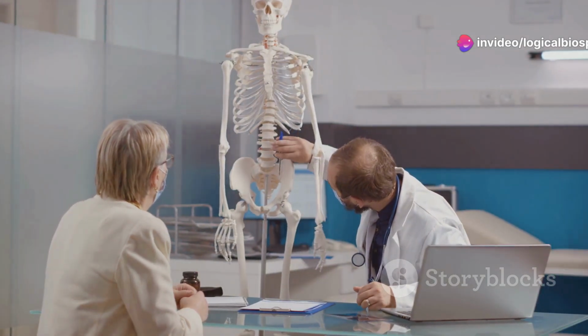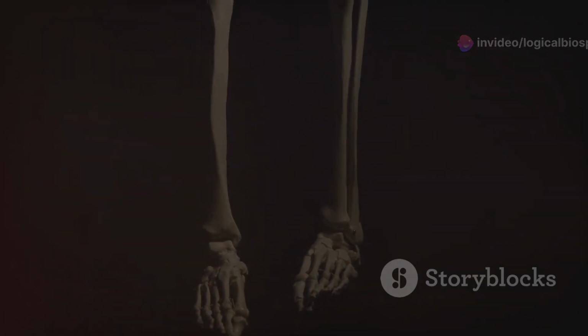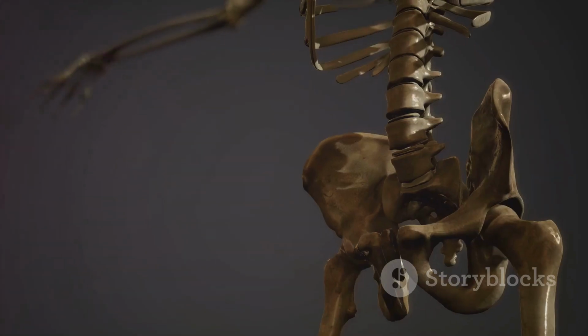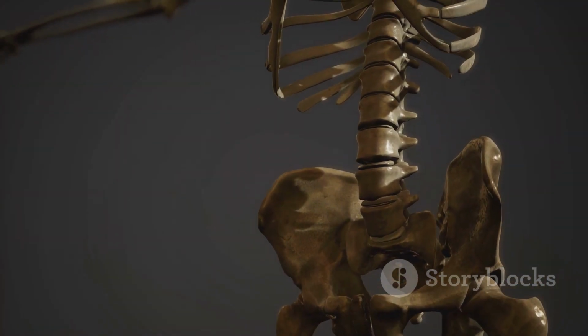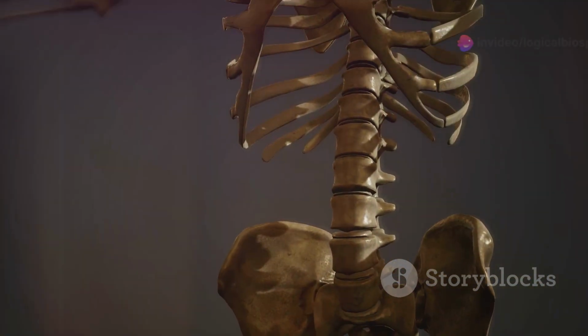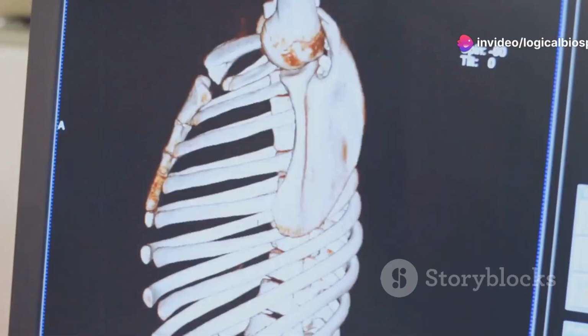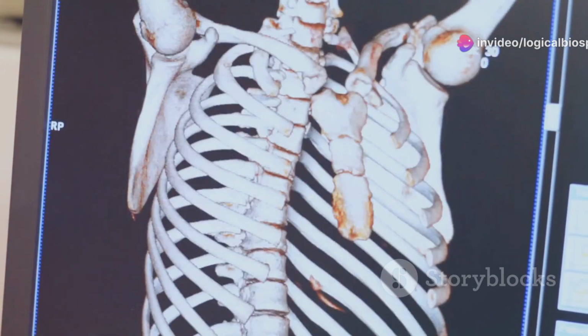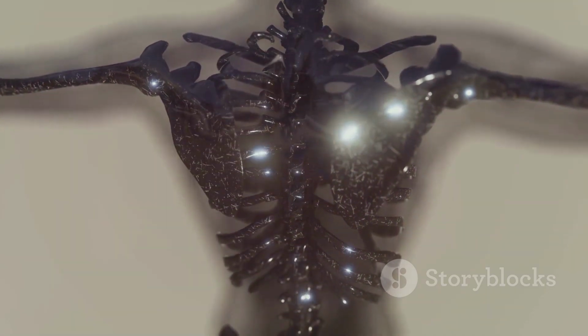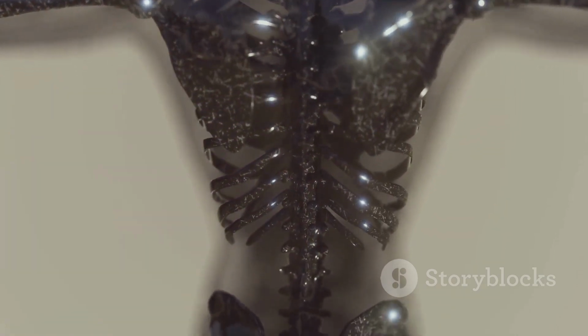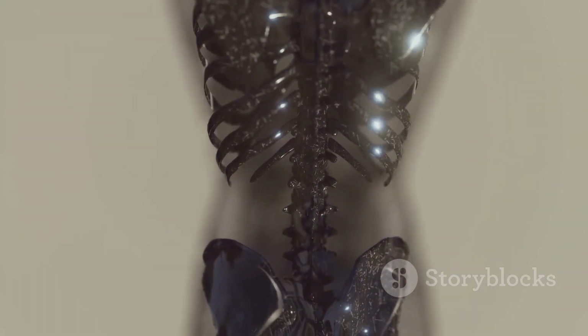Functions of the skeletal system. The skeletal system has several vital functions, including 1. Support. The skeleton provides the framework that supports the body's shape and posture. It holds up soft tissues and maintains the alignment of the organs. 2. Protection. Bones protect delicate organs from injury. For example, the skull encases the brain, the rib cage shields the heart and lungs, and the vertebrae protect the